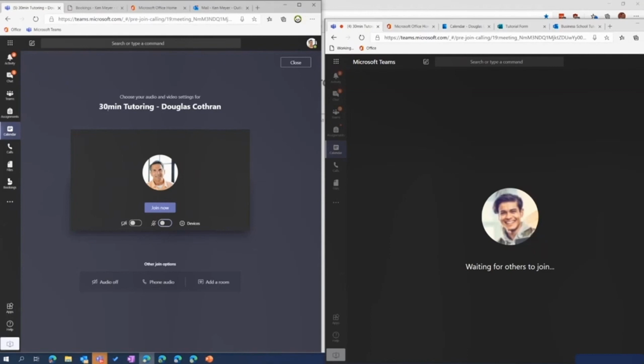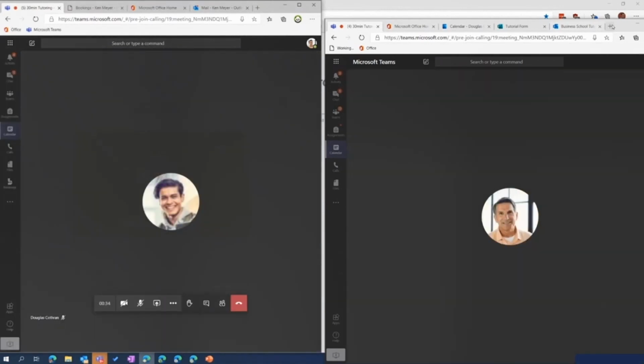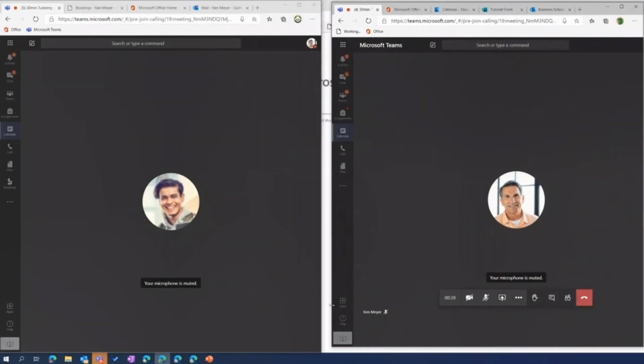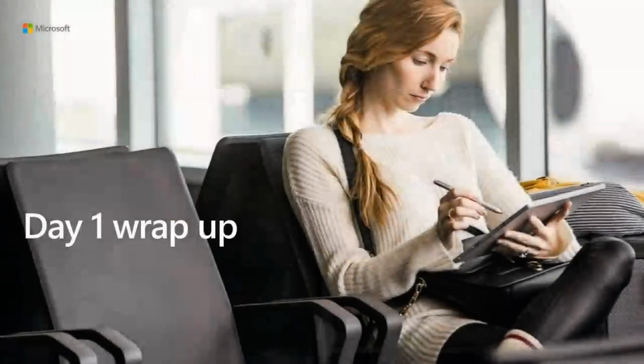And just like that, we can now see from Ken's perspective on the left-hand side, Douglas on the right-hand side, Ken on the left, he's able to say, okay, I've got a 30-minute tutoring session with Douglas. That was the name of the session he had created. And this all automatically was then put into Ken's calendar because he had set up that booking page and created the types of online meetings that he wanted. So this is just a really quick overview of bookings, but it's just been a great one that's saving a lot of educators a lot of time. Really helpful as well for teachers who want to do parent interviews or parent meetings, just as a quick one there.